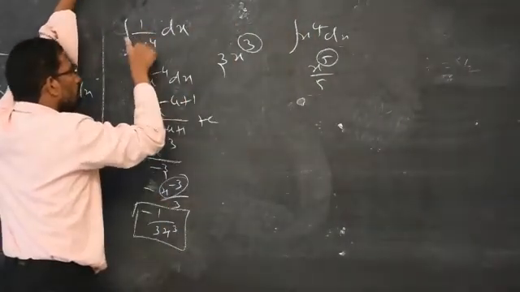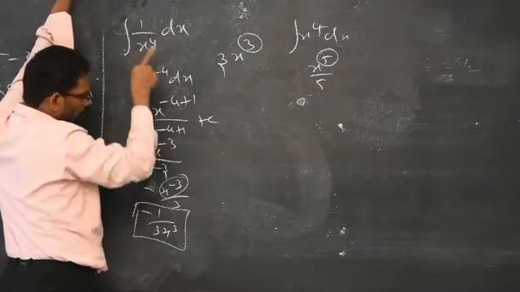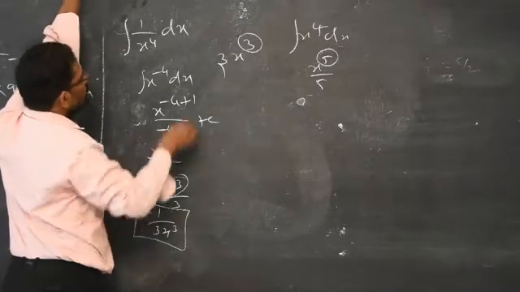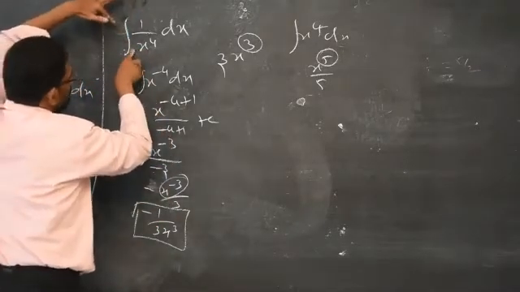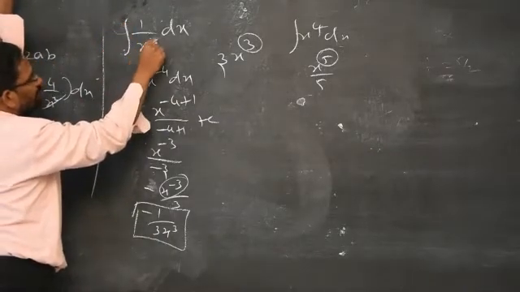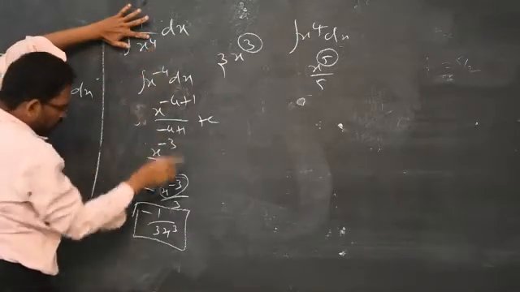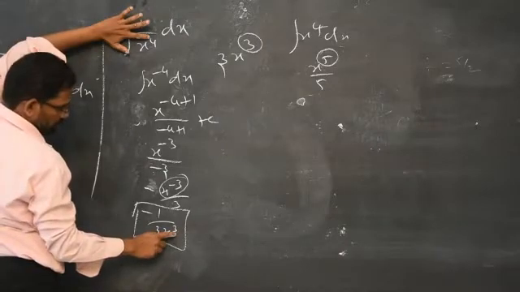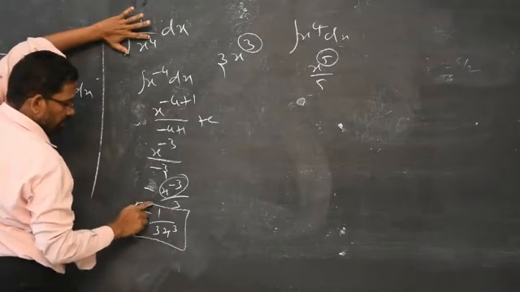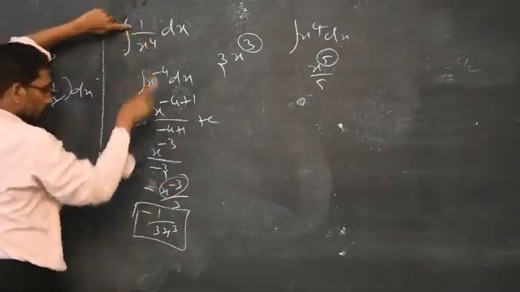So this we can use only when the variable is in the numerator. When the variable is in the denominator, even if you have any constant, it doesn't matter. If you have 10, then 10 into that number, x power whatever it is. So it doesn't matter whether you have a constant or not. When the variable is alone in the denominator, with a power other than 1, like 2, 3, 4, whatever it is, you subtract 1 from the power of x, you write the power as a multiplier, then you have to change the sign of the integrand. If there is a plus, then it becomes minus. If it is minus, you have to write plus.